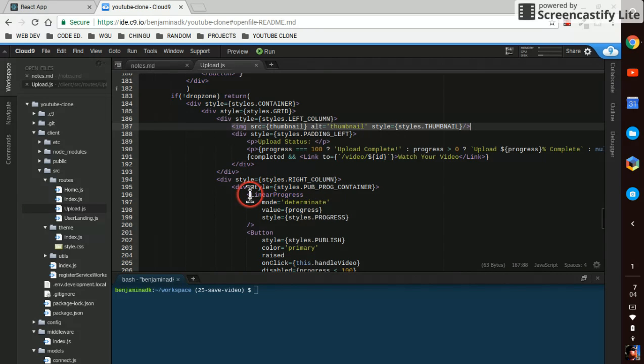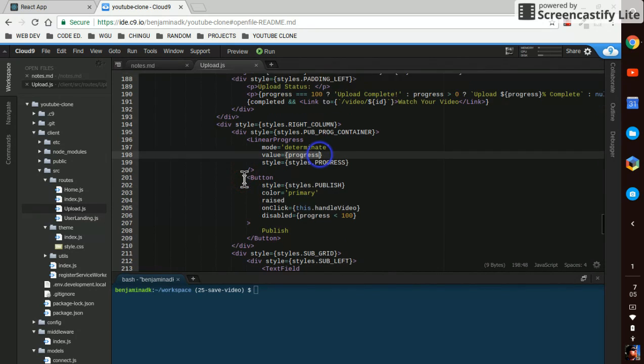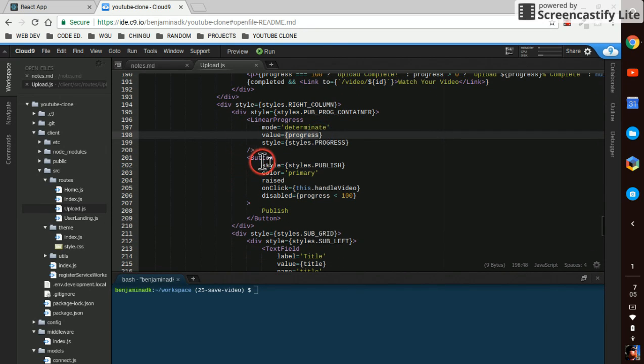We have a linear progress bar here, mode determinate, and the value is going to be progress. And we've got style for that as well. But we've basically got a grid layout here, different columns and rows. And this is the button